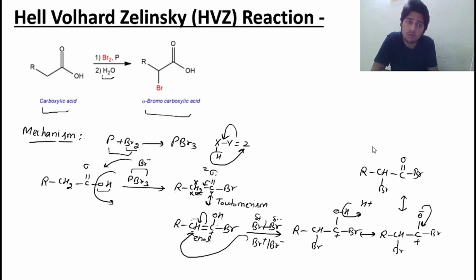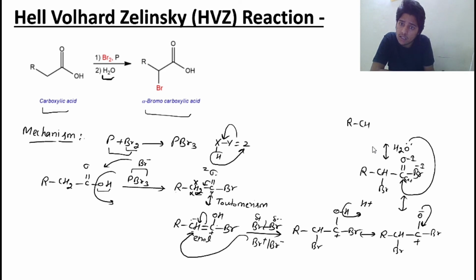In the last step we use P plus Br2, and till now we also have H2O. H2O will attack. This H2O has a lone pair and will donate it at this carbon position, because the carbon is connected to more electronegative elements like bromine, which can operate its minus I effect, and oxygen can also operate its minus I effect. So delta plus is generated at this carbon, and oxygen can easily donate its lone pair to it. When H2O donates electrons to this carbon, we get RCH with bromine already there.